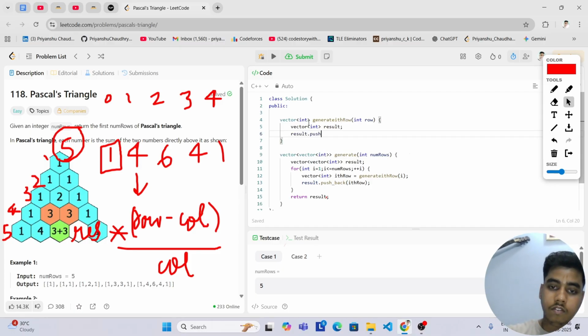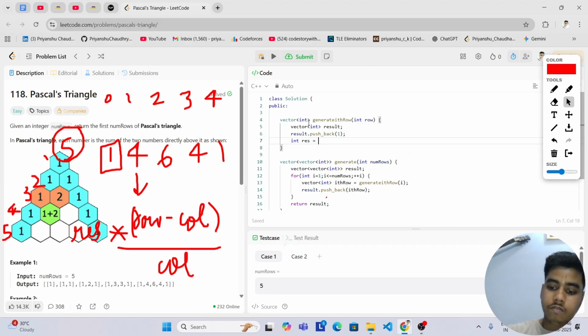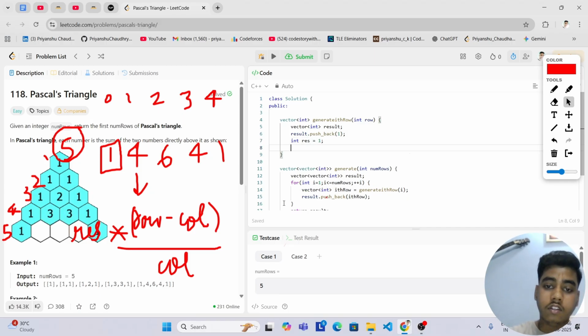So the first element is 1, so res is 1. Now we have to go from the second to the last. So we will call the column, 0 based indexing is there, so column 1 to column